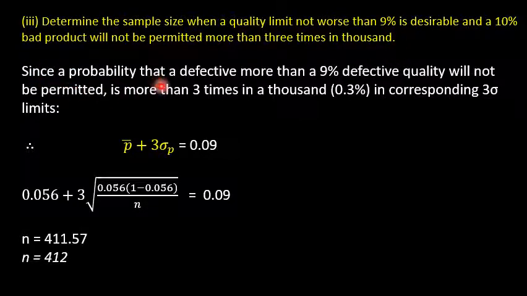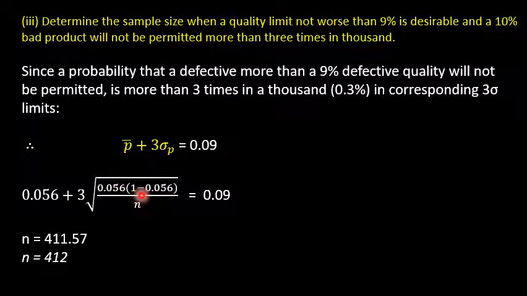Since the probability that a defective quality of more than 9% will not be permitted more than 3 times in 1000, that is 3 by 1000, that is 0.3%, it corresponds to 3 sigma limits. So we can write it like that: P bar plus 3 sigma is equal to 0.09. It is given here. So P bar we already calculated as 0.056 in the second part of the question, and sigma p we can write like that: 3 under root